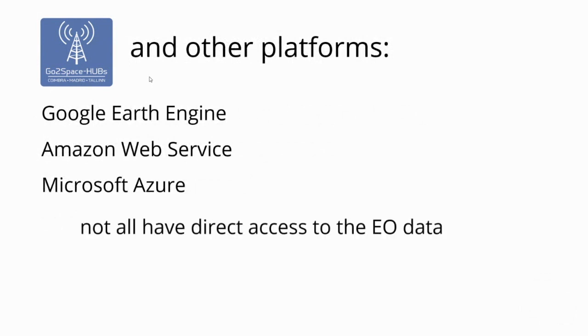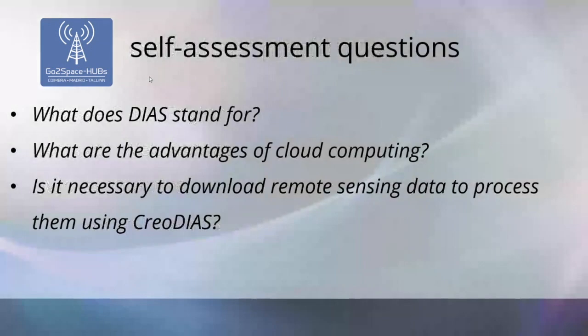But it's good to remember that not all of them have access to Earth observation data. This EO stands for Earth observation. Actually, this is what DIAS are for. They are especially designed for remote sensing applications to use in the cloud. Well, Google Earth Engine has some really great features as well, but DIAS are especially designed for this purpose only, actually. Okay, so that was about Copernicus, and the very last thing I want to talk to you about